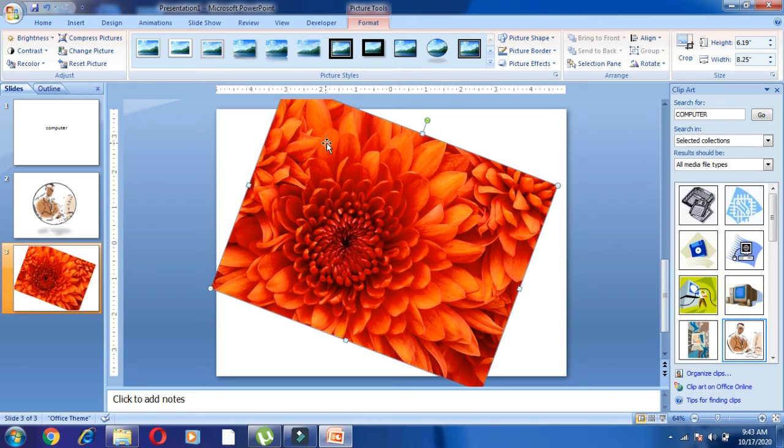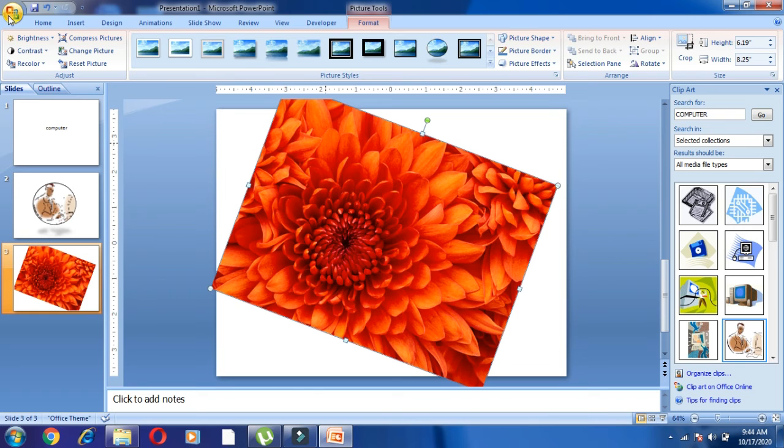So children, first of all, PowerPoint is used for presentations. Okay, we can add text, we can add pictures. Pictures we can add in 2 different ways. That is, we can use the clip art gallery or we can use a picture. Okay, but for a picture, the image should be stored in the computer. Then only you can use that. And clip art gallery means the inbuilt gallery. Okay, predefined. By default, the pictures are available, so you can use that also. So this is the benefit.